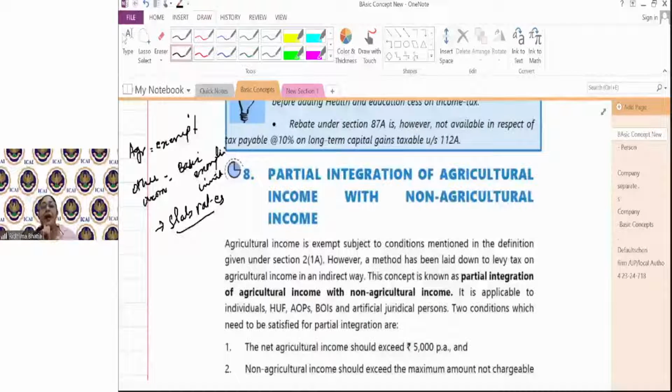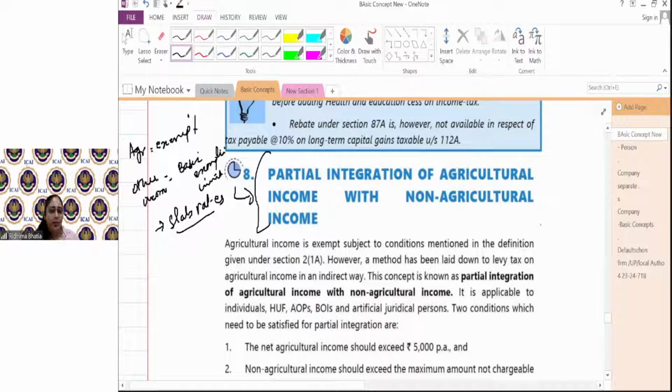and to indirectly tax the agricultural income, so that they are not given the benefit of exemption and the basic exemption limit benefit at the same time, the government at that particular point came up with the concept of partial integration of agricultural income with non-agricultural income. So the moment I told you about the slab rates and the basic exemption limits, that means